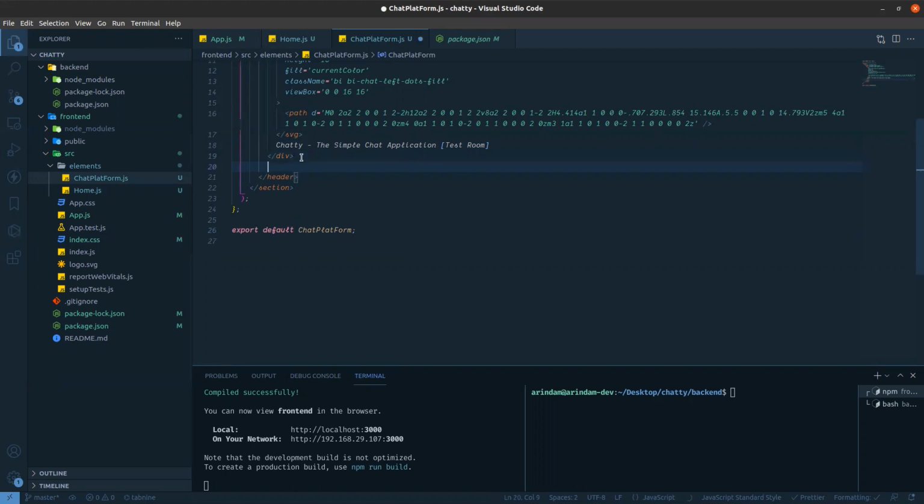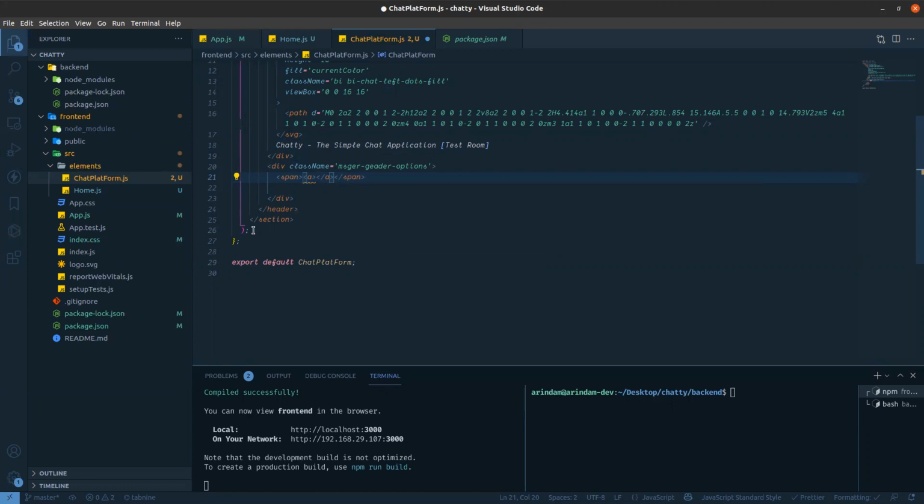In this div, next I'm creating one link for sign out. The class name is messenger header options. Here I'm creating one span, and in this span, one anchor tag where I'm writing sign out.